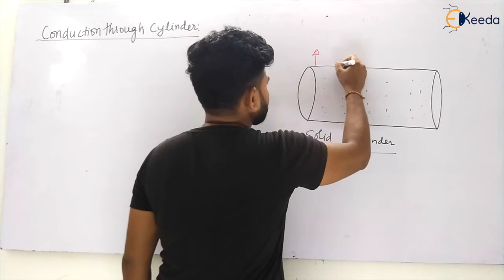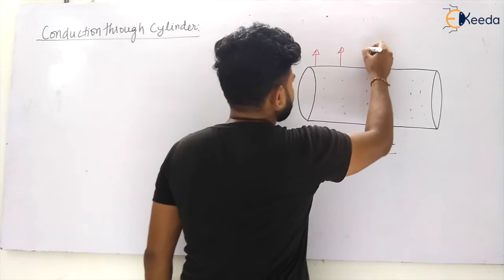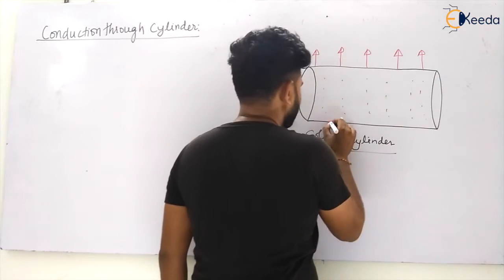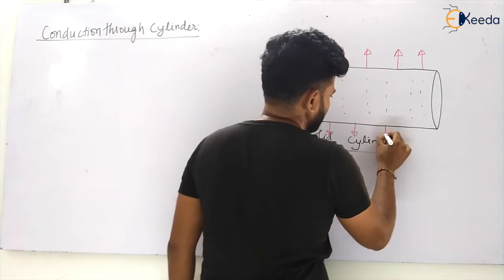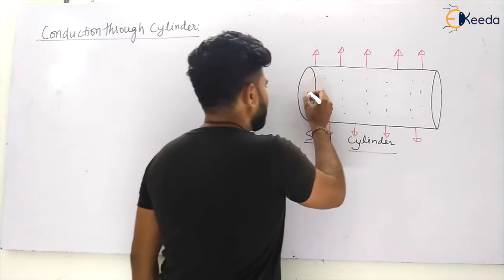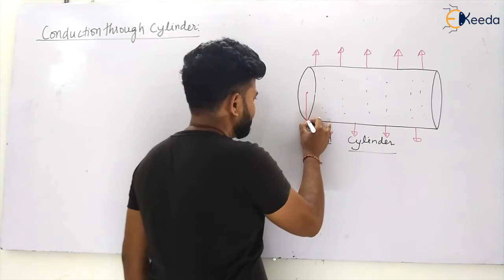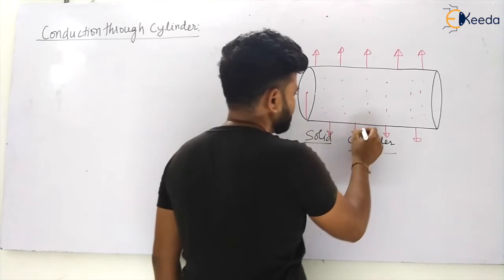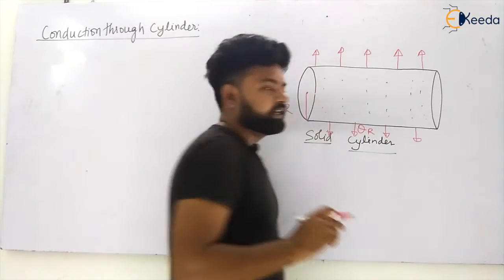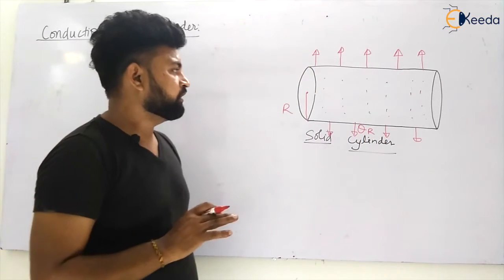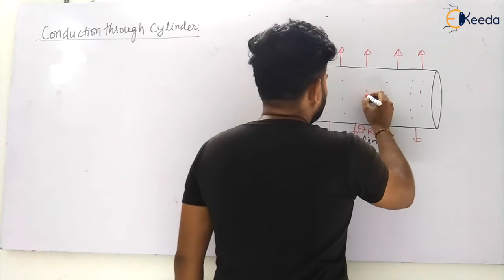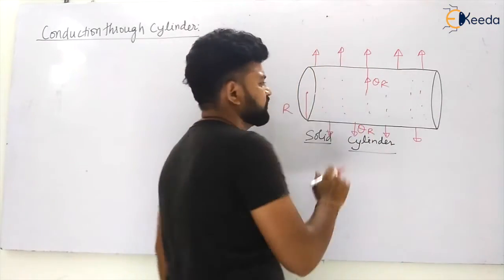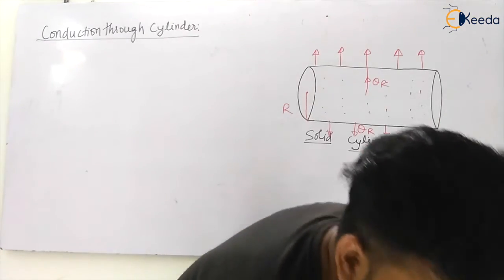curved surface area of the cylinder. So heat is transferred from this to this, like this. So heat is transferring in this direction. So I can say that there is a radial heat transfer. So heat transfer is occurring in the radial direction, that is QR. And when there is conduction in this direction, there will be conduction QR in both the directions. So let us understand it completely.